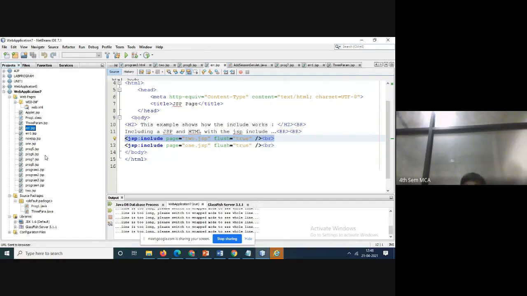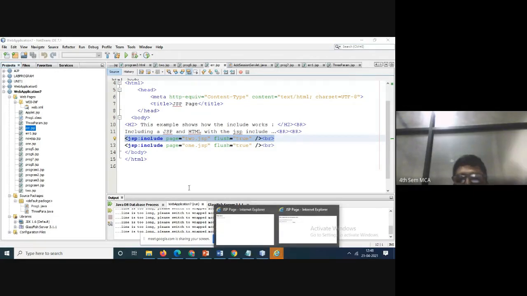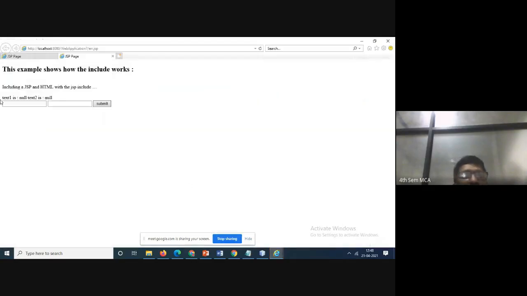So we have to make it this. See, this example shows how to include your JSP and HTML file with the JSP include.